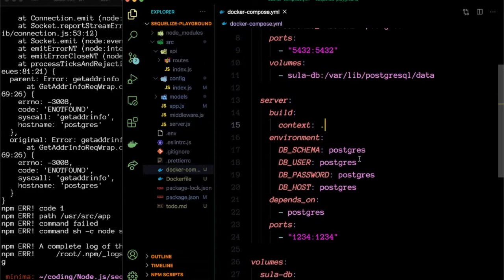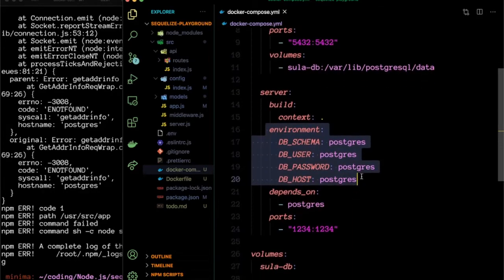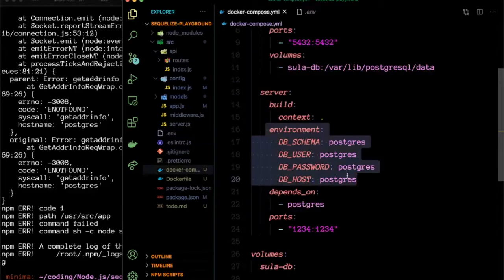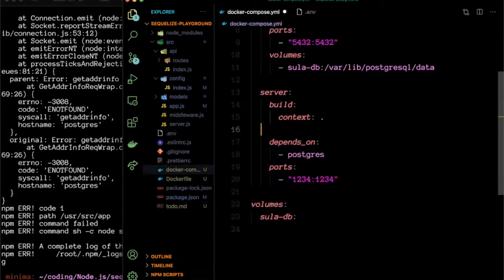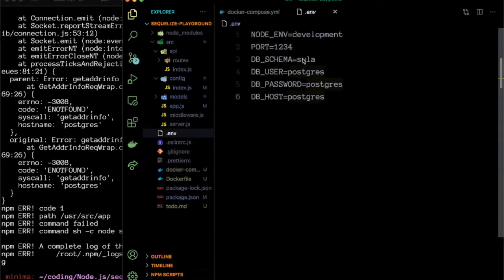Now I need to make a few changes here. As you can see, we have these four environment variables present here, but we don't need them because I have separately created a .env file where I am putting all my environment variables. So I don't want to keep them in two different places. I will remove these from here, and they will be present in my .env file. I have written all these environment variables, and I have changed the DB user and password to the ones of the container, not of my local machine. So now let's try to run our Docker Compose file.